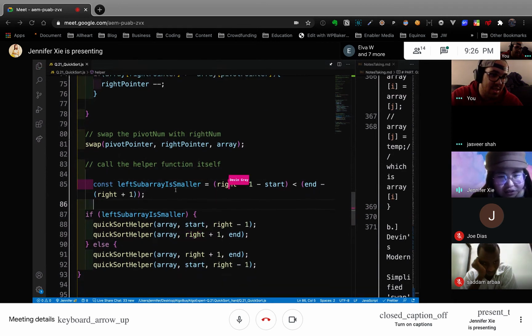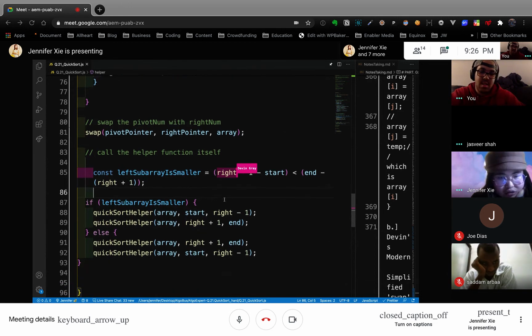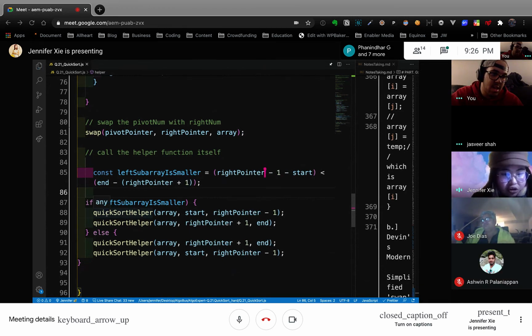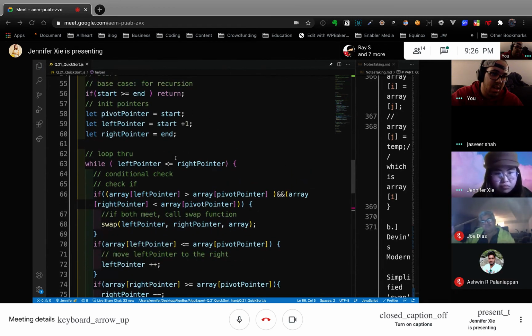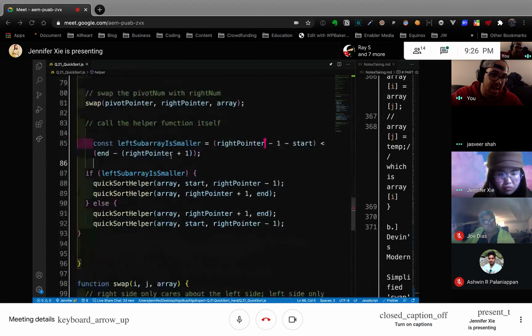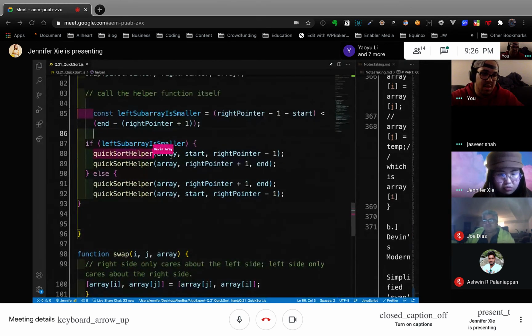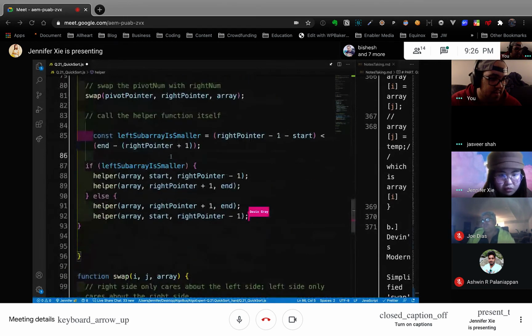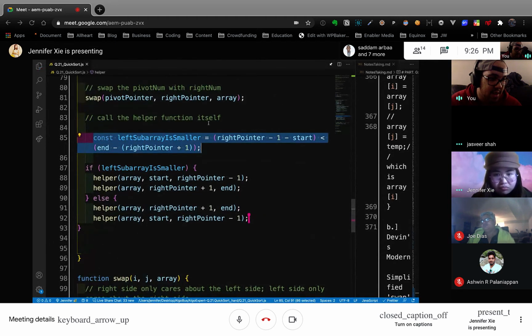Okay, so count the left subarray is smaller. So we need to change our helper function, called the QuickSort helper. You don't have to, but yeah, I could just name it helper, because it's easier. Okay, I don't understand line 85. I know you don't. That's why I didn't want to tell you vocally. Line 85,